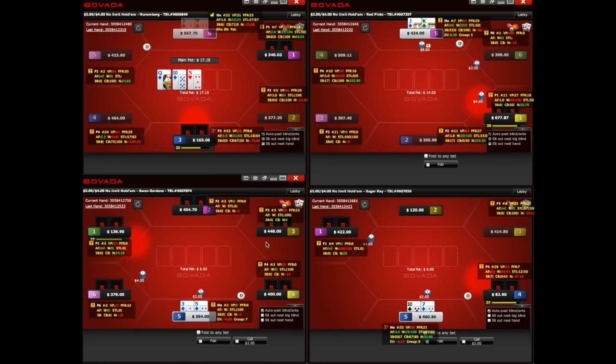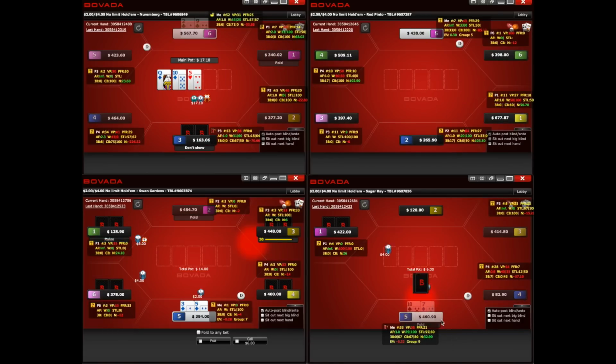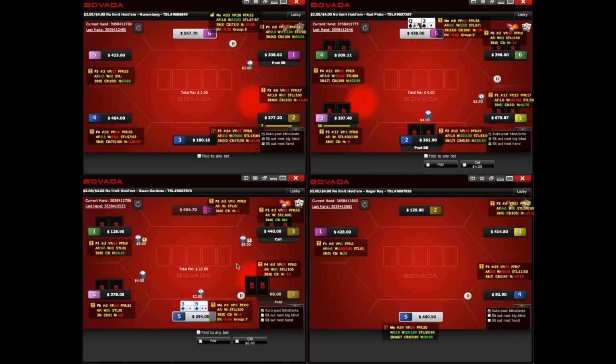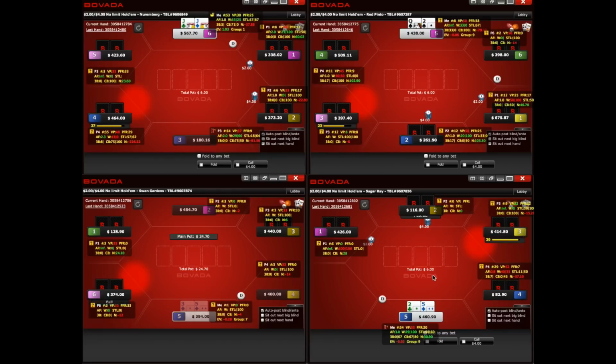One thing that I've noticed when I've dropped down and played the lower limits lately, I've been seeing regulars who are opening minimum on the button, and I've done it too. And when I've played sessions at $50 no limit,